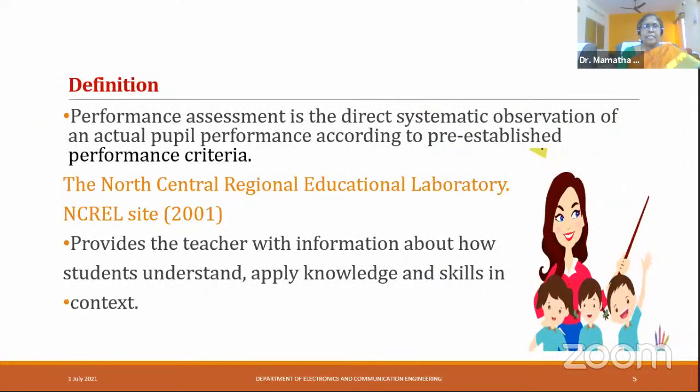So performance assessment, if you want to know the correct definition, what does it mean? It is the direct systematic observation of an actual pupil performance according to pre-established performance criteria. This was given by the North Central Regional Educational Laboratory in 2001. This performance assessment provides the teacher with information about how students understand, how students apply knowledge and skills in